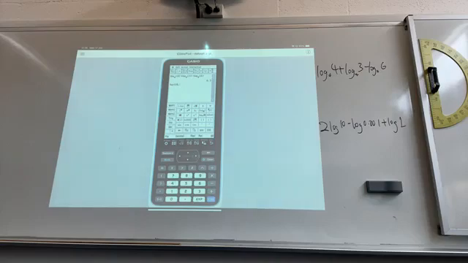Or I can do it this way. 10 times 2 minus log 10, 0.001, plus log 10, 1. And there you go. The answer is 5. So the two things that you need to know: